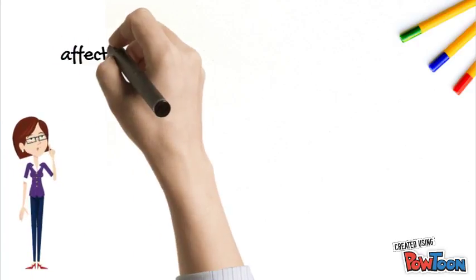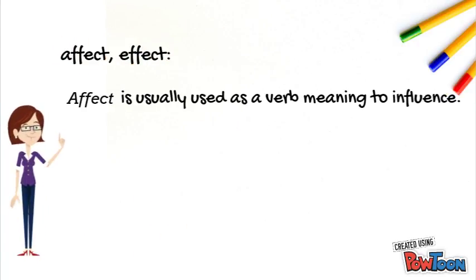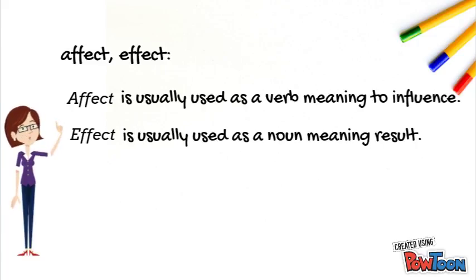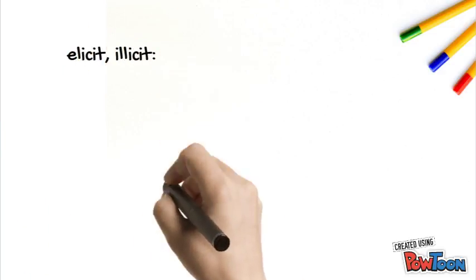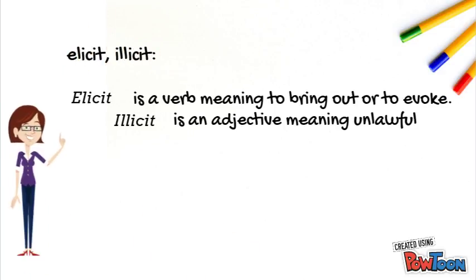Affect and effect. Affect is usually used as a verb meaning to influence, while effect is usually used as a noun meaning result. For example, elicit, illicit. Elicit is a verb meaning to bring out or to evoke. Illicit is an adjective meaning unlawful. For example,